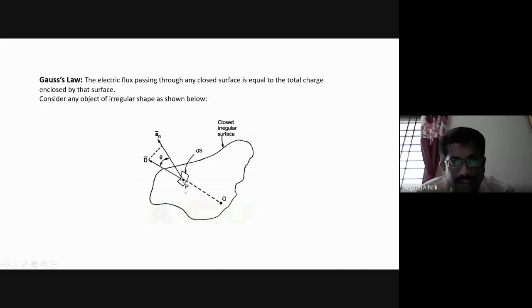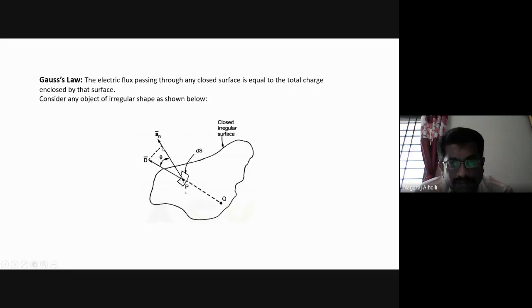If you want this D bar along an bar, then how will you find that? See here, cos theta is adjacent side divided by hypotenuse. Adjacent side is from P to an bar. Hypotenuse is P to D bar. Hypotenuse is D bar. Therefore, adjacent side will be cos theta into D bar. Yes or no? Understood this?